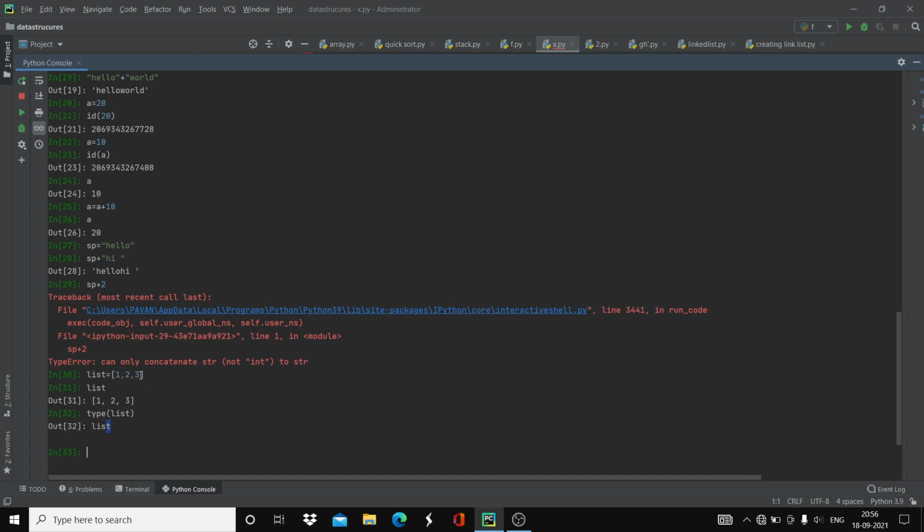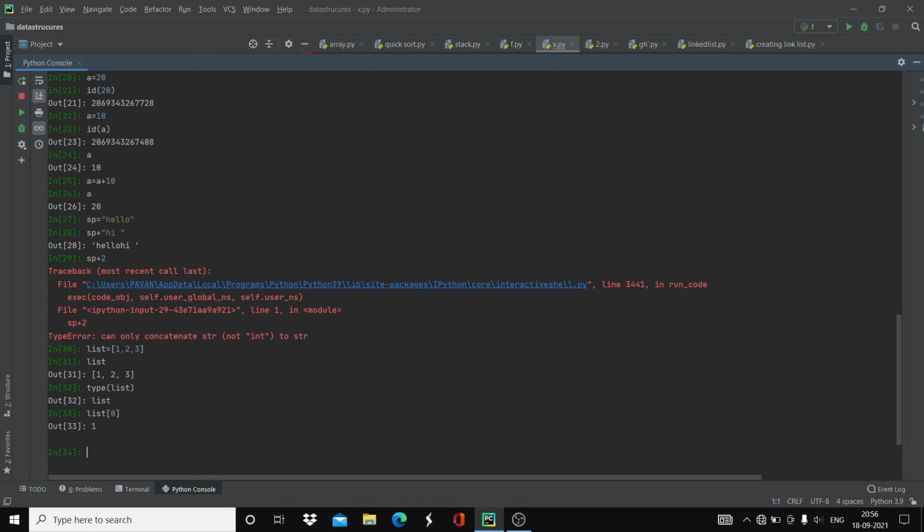So every index in the list will start from 0 to n. For example, let's say you want to access the 0 index. You should specify the name of the list and, in square brackets, the index which you want to access. For example, say I want to access the zeroth index. I want to know what is the element or data present at zero index. So when I say list of zero, it is getting one. Actually, you can see here at zero index one is displaying.